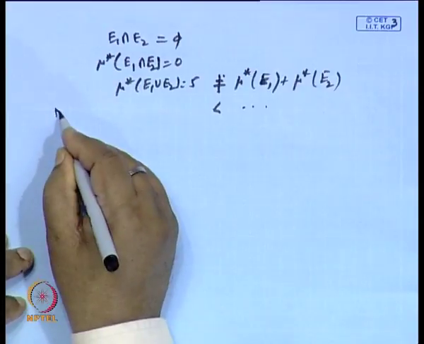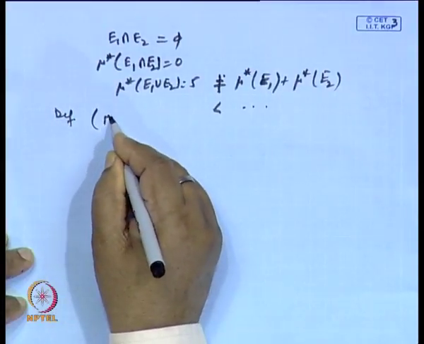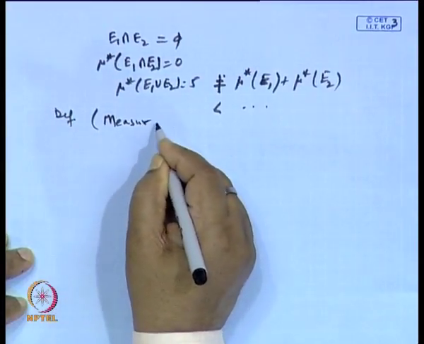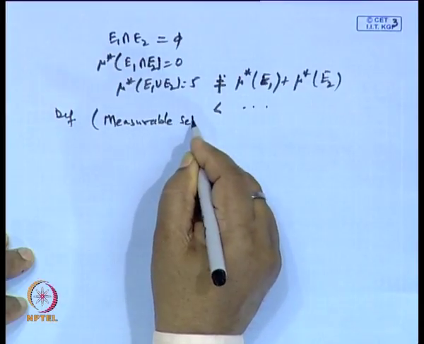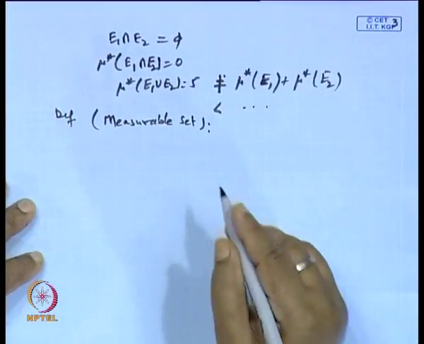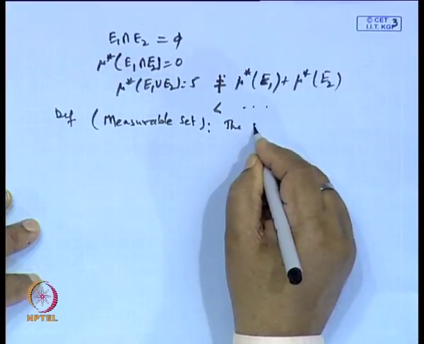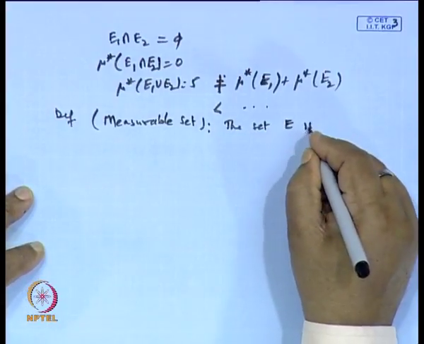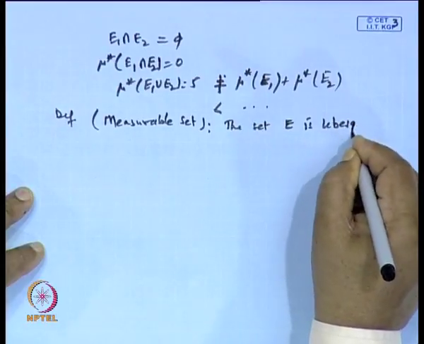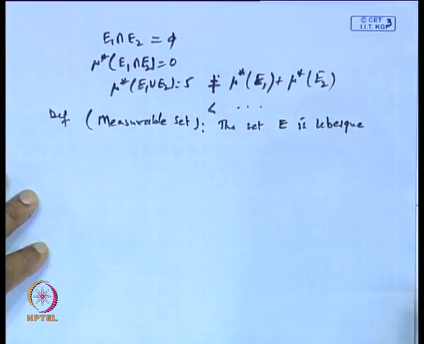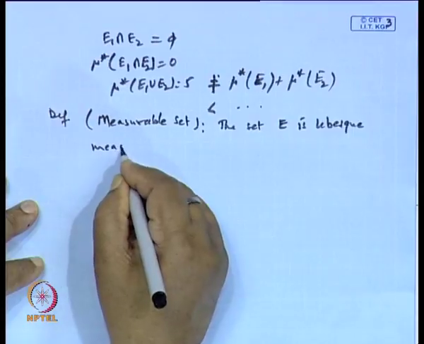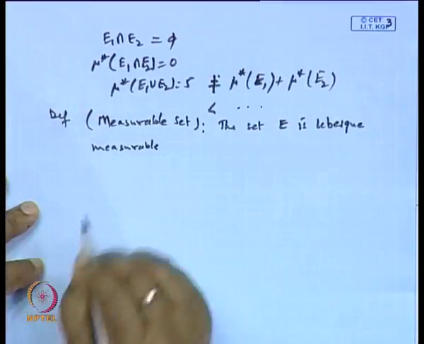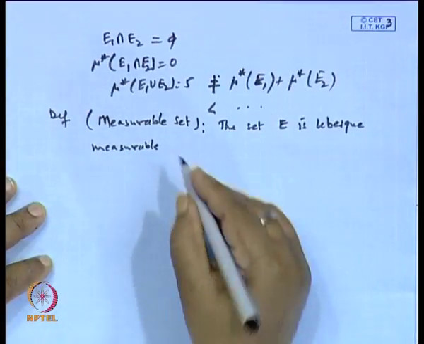So, we define the measurable set. The set E is Lebesgue measurable, or simply a measurable set,